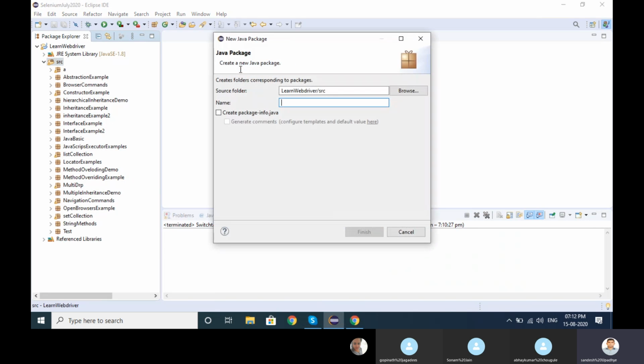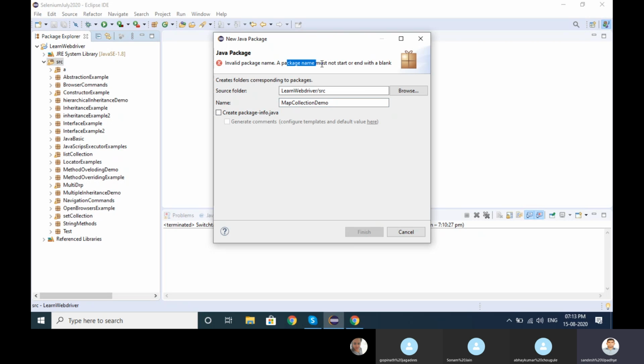So I'm going to explain you the map collection. Okay, what happened here? Look here, I'm not able to click on finish and the message says invalid package name.